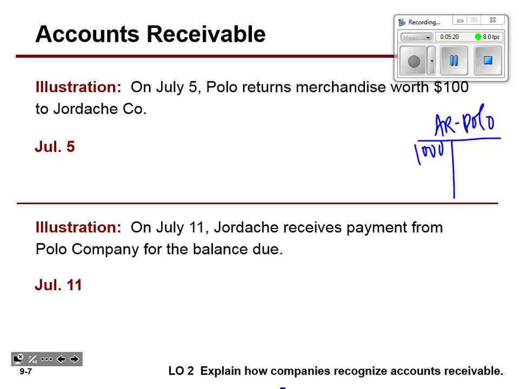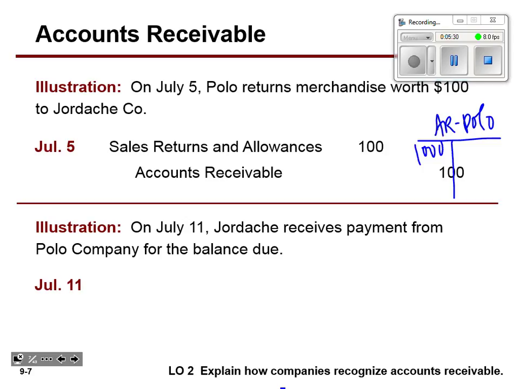Why did they return $100 worth? Who knows? Maybe they changed their mind. Maybe it was junky. Maybe whatever. So then we have sales returns and allowances. But do they owe that whole amount anymore? No. They returned a little bit. Sales returns and allowances is what's called a contra